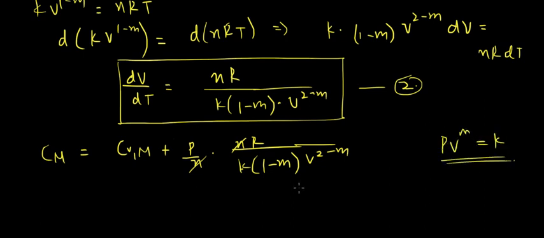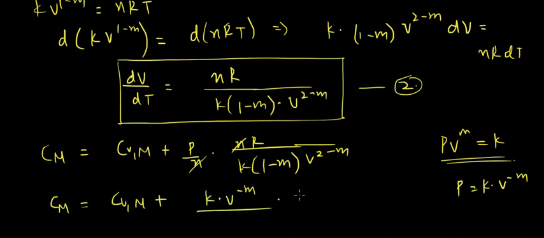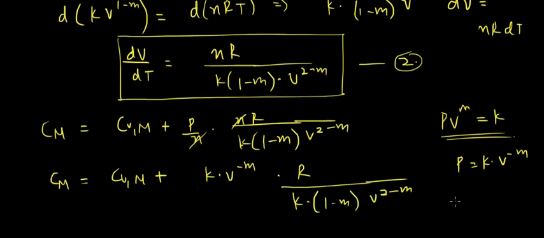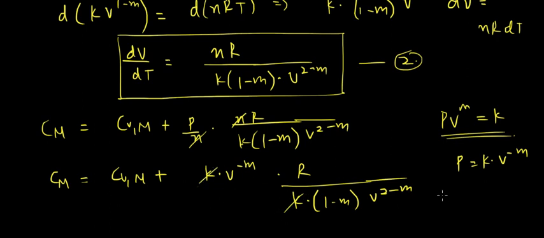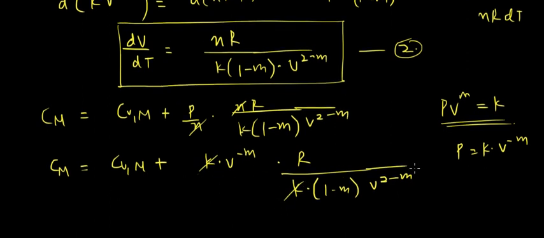We have already assumed it. So P can be written as k times V to the power minus m. So Cm would be equal to Cvm plus P, written as k V to the power minus m, times R, which was already present here, divided by k times 1 minus m times V to the power 2 minus m. So here k and k get cancelled out, and then we would be having,